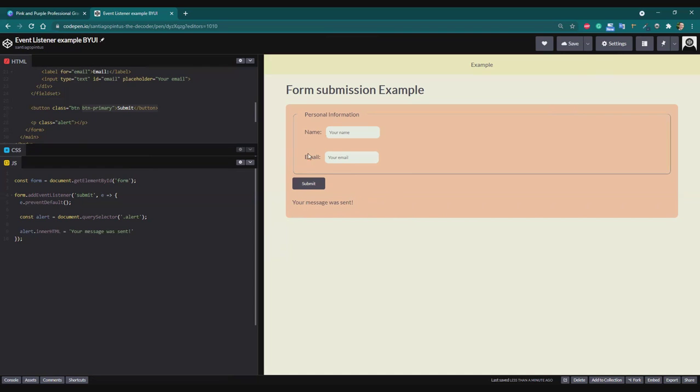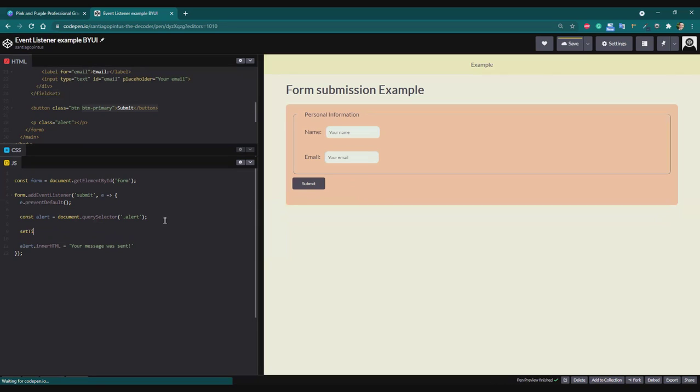But we don't want our message to stay here forever. So if we fill this form and we submit, nothing happens right now. We don't want this message to be all the time right there. So there is a function called setTimeout,